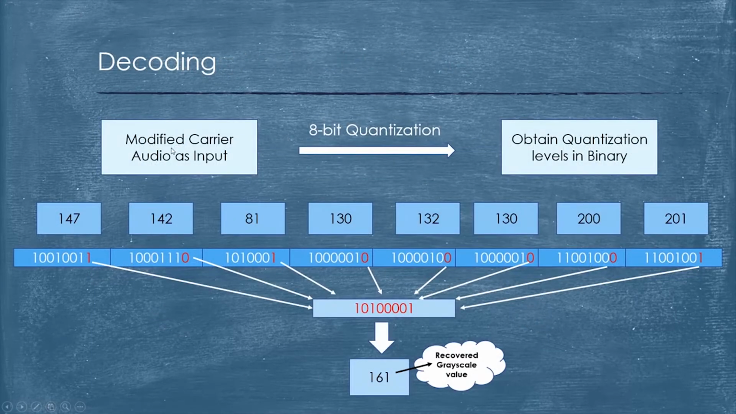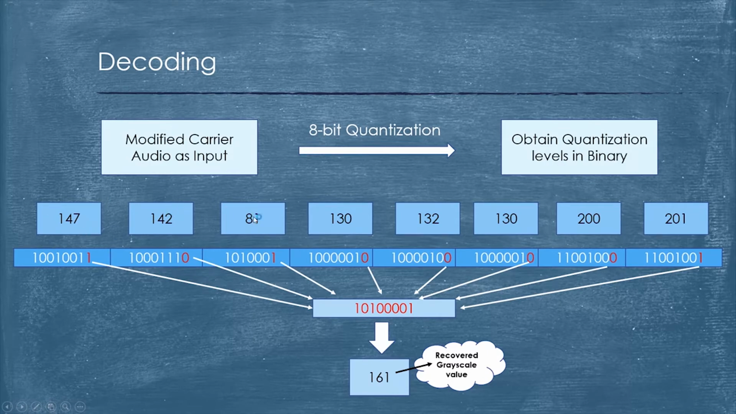Now let's see how the decoding is done. You get the carrier audio file that has been sent to you by the encoder. The first stage is to quantize it, like it was done before, to obtain the quantization levels in binary of this carrier audio file. Now if we isolate 8